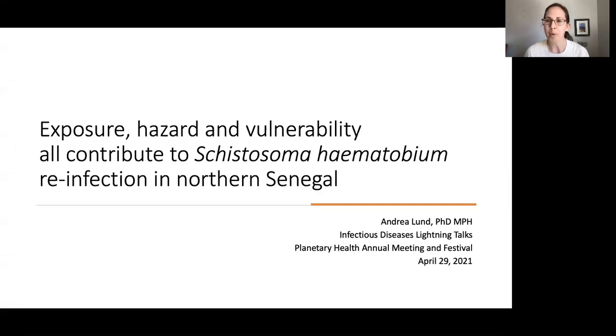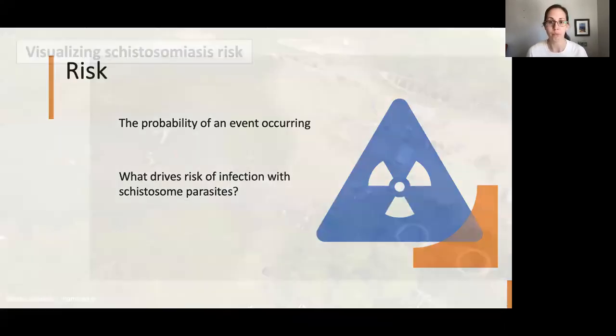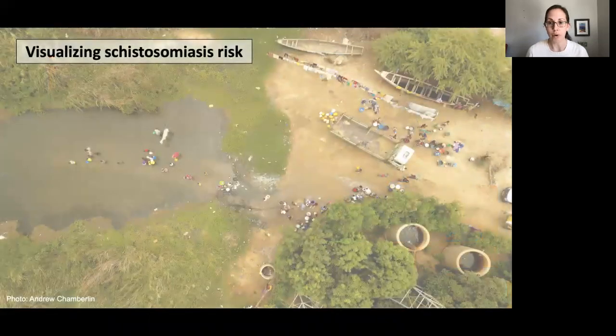I'm excited to talk about my research on how exposure, hazard, and vulnerability all contribute to schistosomiasis risk in northern Senegal. At its core, risk is the probability of an event occurring. Today, the event of concern is infection with schistosome parasites, which affect 200 million people globally and can cause organ damage, cancer, and infertility. With this aerial photo of a water access site in a village in northern Senegal, we